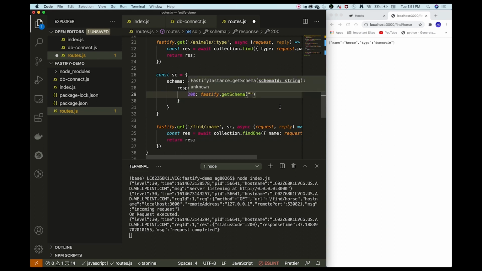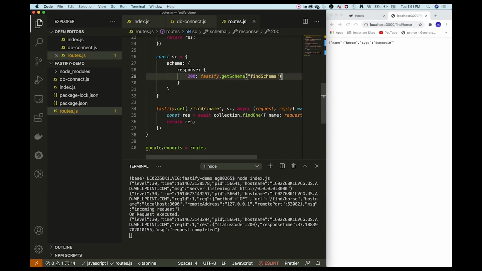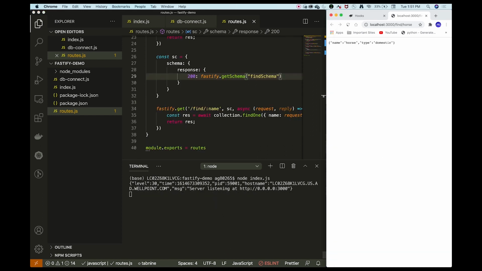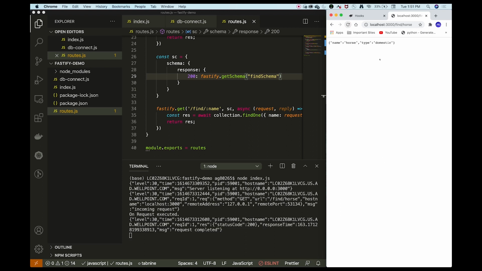In our case, name of the schema is find schema, and with this we have defined a schema. And if you restart your server and refresh your browser, you will still see the response which you have defined. So this is the use of addSchema and getSchema.